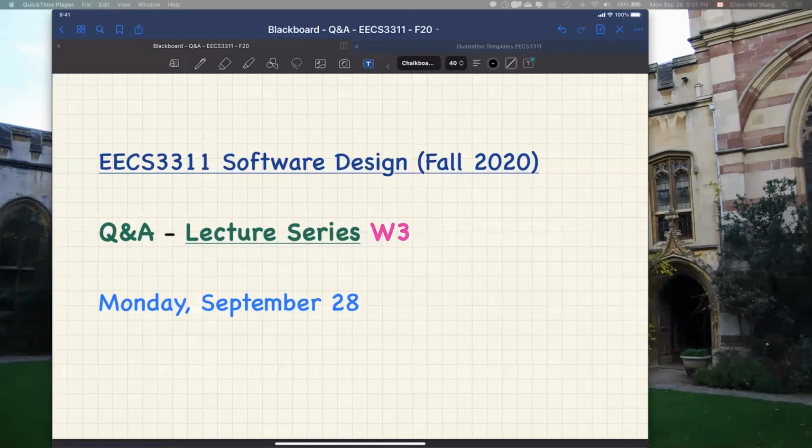I just checked the Google Doc for the questions. I don't see anything related to week 3 yet. So you can ask me maybe during the Q&A, and then it could be that you are following quite well, so maybe you don't have any question. That's okay. The only question I saw on the Google Doc is actually some question from week number 2 about